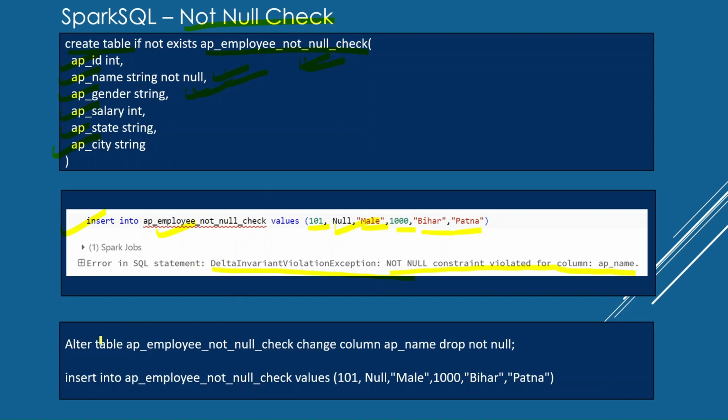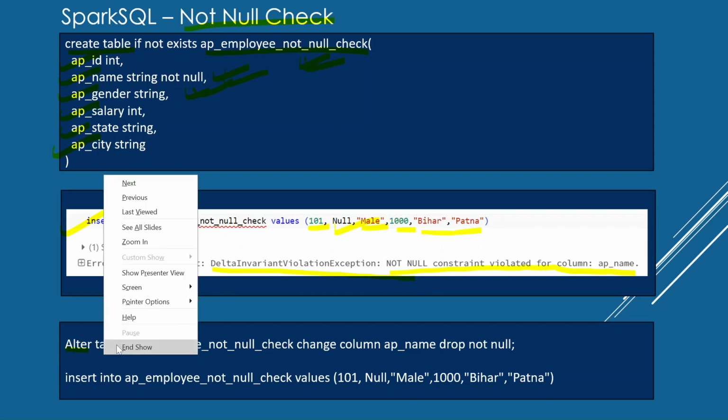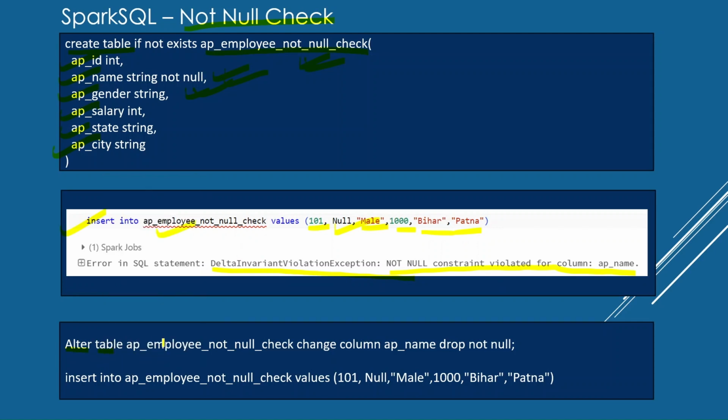What we can do is remove this not null check. How can we remove it? We can remove it with the help of alter. Here we have to provide what we are altering. We are altering table, and this is the name of the table which we are going to alter, and here we are going to change column AP name, and we are dropping the not null condition.